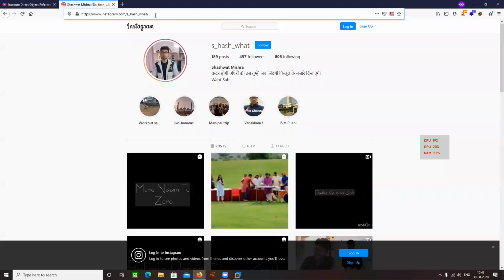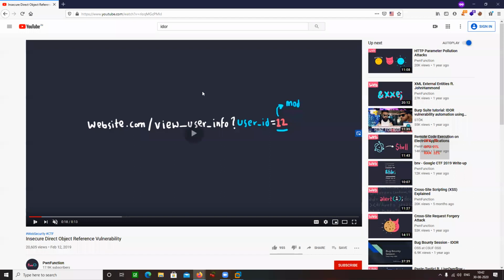So IDOR is basically when I'm able to bypass that authentication mechanism by simply changing that value in the URL or in the POST method. That is insecure direct object reference. I'm trying to refer to another object in an insecure manner. Otherwise, there should be an authentication page provided to me before I'm able to hop into someone else's account.